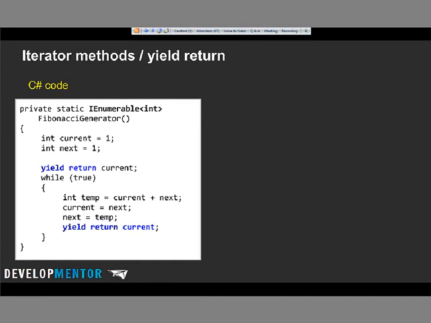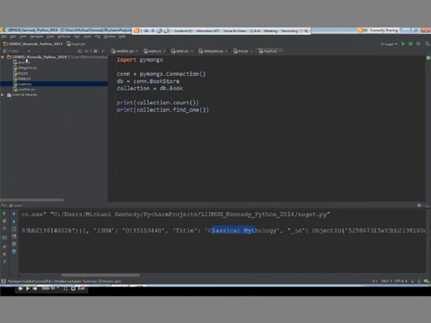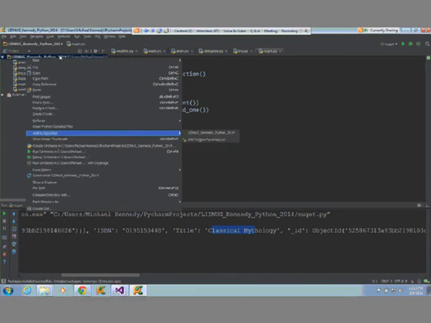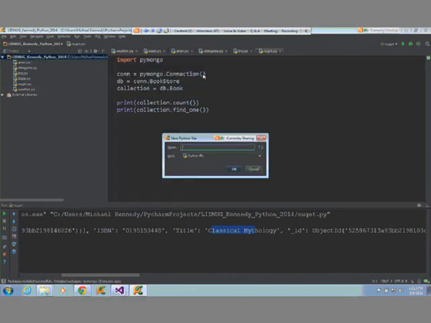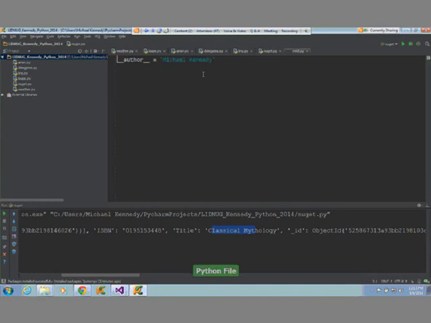So could we write something like this in Python? The answer, of course, is yes. Let's go over here, new Python yield. Okay, so def fib is going to be a function. It's going to return all of the Fibonacci numbers.